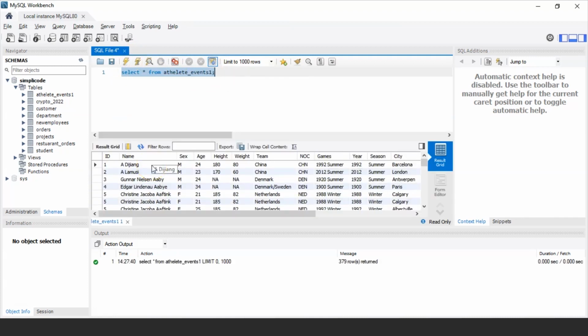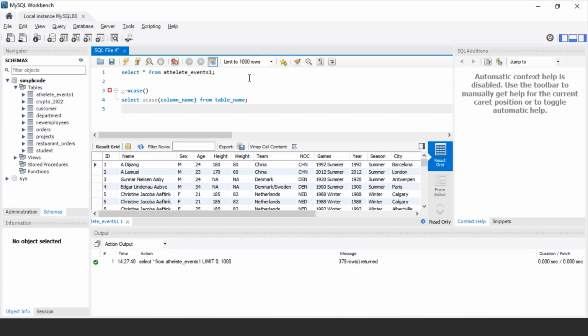Well, so the athletes event 1 table has various fields such as ID, name, sex, age, height, weight, team, NOC, games, year, season, and city. Right. So firstly, let us discuss the UCASE scalar function. Now, as we discussed earlier, the UCASE converts all the characters of a string into uppercase, and the syntax is also simple. That is, select UCASE and within the brackets mention the column names that you want in uppercase from table name. Right. So let's say now we have the names of all the athletes in capital as well as small letters. Now let's say you want the names of all those athletes only in capital letters,